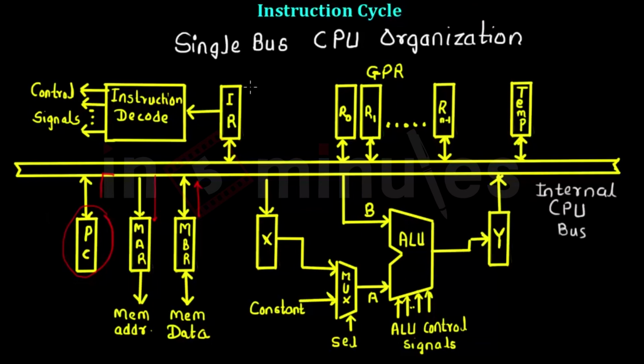Then the instruction goes to the instruction register. You have already seen the significance of this register. It is going to store the current instruction till it is executed. The instruction register provides the signals to the instruction decode unit. Now the instruction decode is nothing but the control logic, which is going to generate different control signals for all the elements in this CPU, as well as other elements such as memory and IO devices. We know that control signals depend on the instruction that is to be executed.